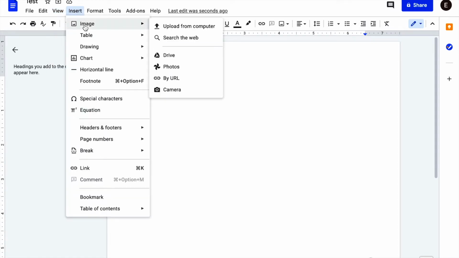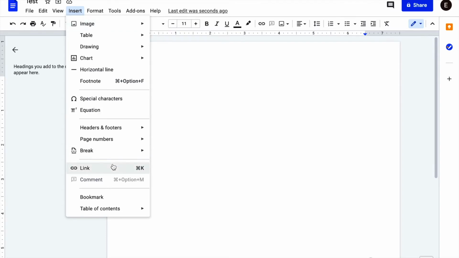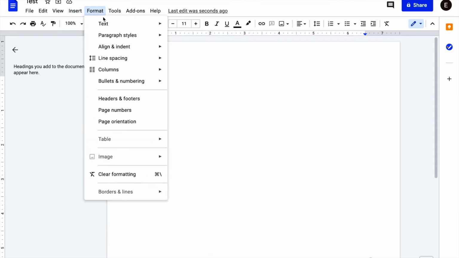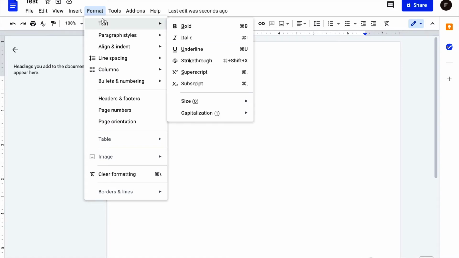Insert is where you insert your images, your tables, shapes and drawings, that kind of thing. You can put a link if you need to put a hyperlink or something in there. You can also do headers and footers. Format is where you will change the aspects of your text. That can be layout, fonts, paragraph styles, any kind of indentions or line spacing you need to do. We will talk a little bit about that later, and I'll show you just some basic things of how you